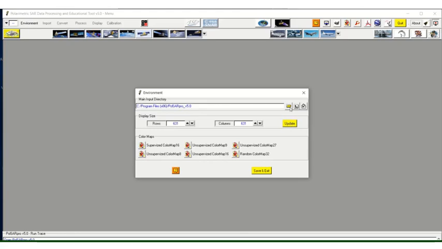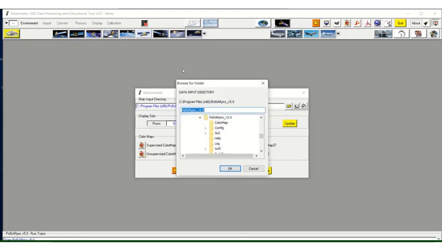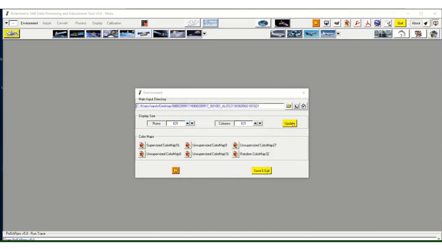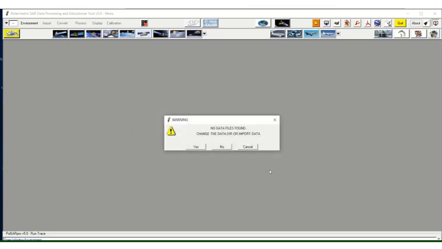We will select the desktop. We'll select this, update, save and exit, and change the data directory or import data.